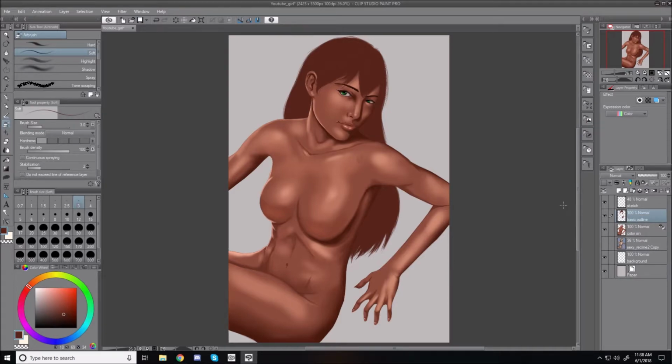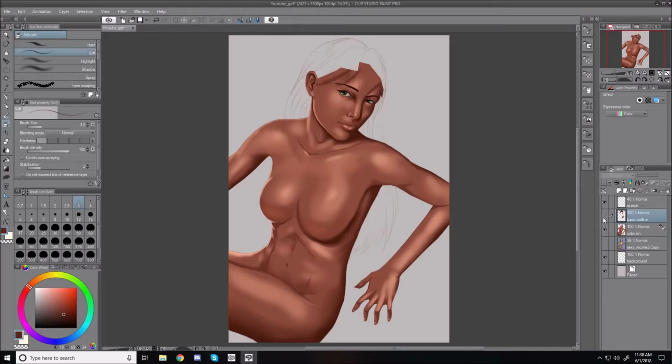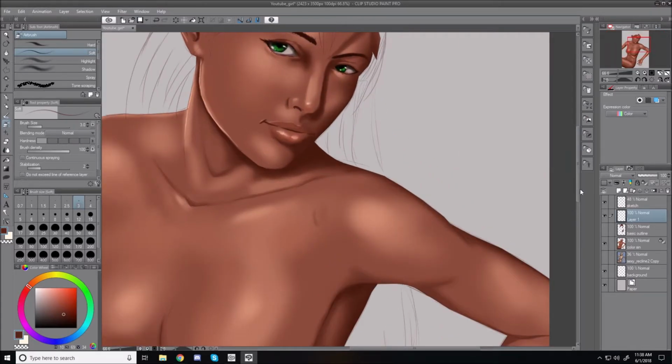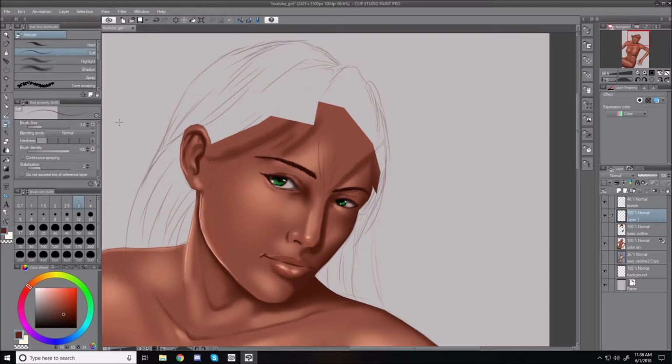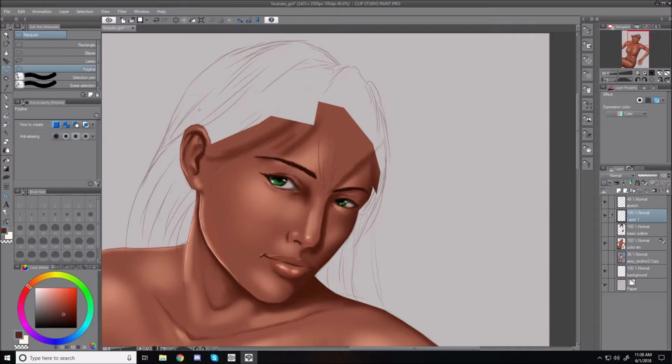Now I'm going to do something really quick to show you what I mean by marker. So I'm going to make that invisible real quick and make a temporary layer right now to show you what I mean by marker. Now you can do this with Photoshop and stuff too, but there's a problem with using, if you want to use like we did with the body,